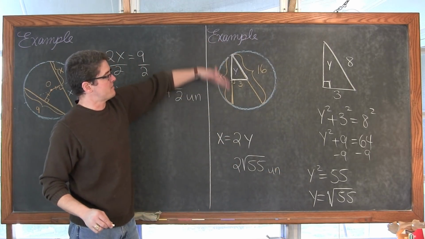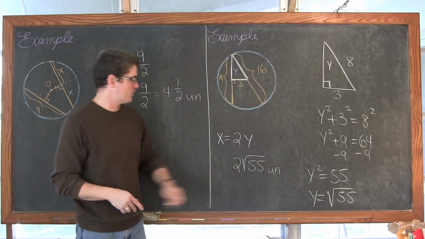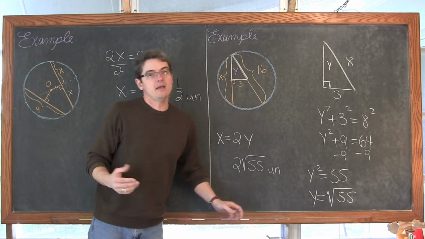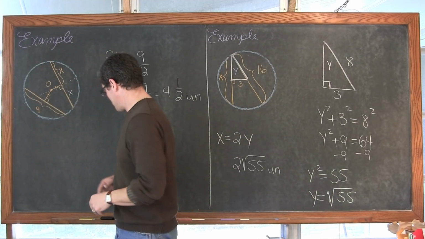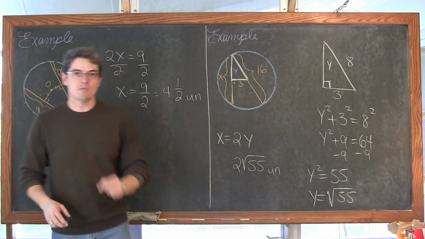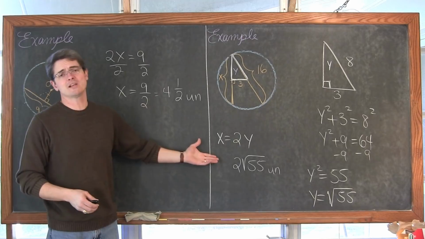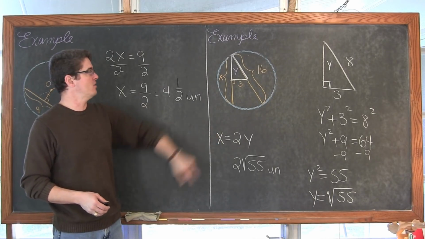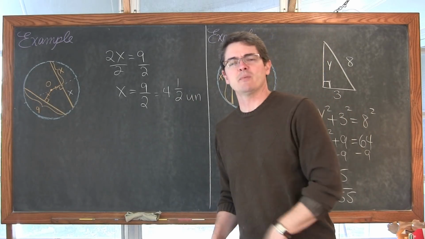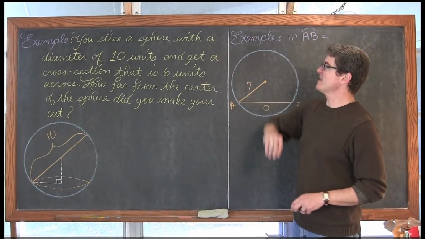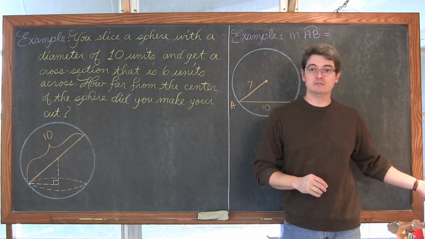If we wanted the approximated value of x, or the length of that chord, we could put that into our calculator and get a decimal version. But as I just said, I made a small mistake in my notes, so I don't know what the decimal version of that is, but that is the exact value for the length of that chord. I'll go change my notes.